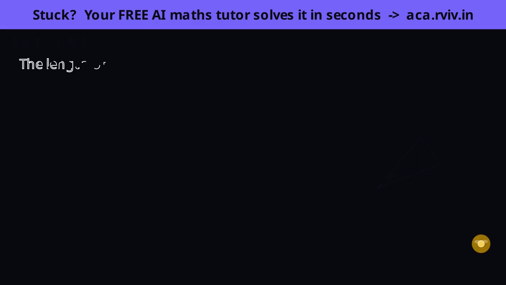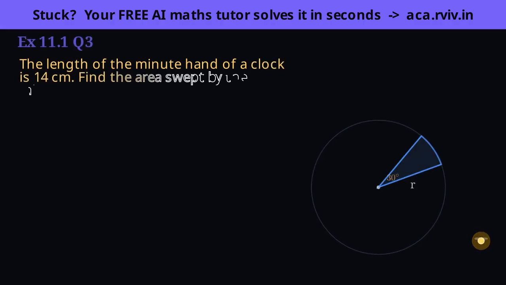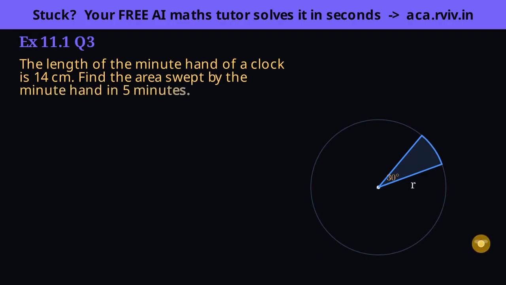This looks like a clock problem, but see through the disguise, the minute hand is a radius sweeping round, so the region it covers is a sector. Find the angle, and it's an ordinary sector sum. Let's translate the clock into geometry. As the minute hand turns, its tip traces a circle and the hand itself is the radius, so r is the hand's length, 14 centimeters. The area it sweeps is a sector of that circle. The one thing we still need is the angle, so that's our first target.